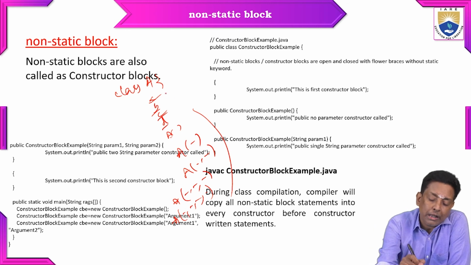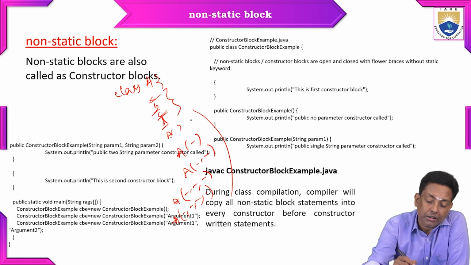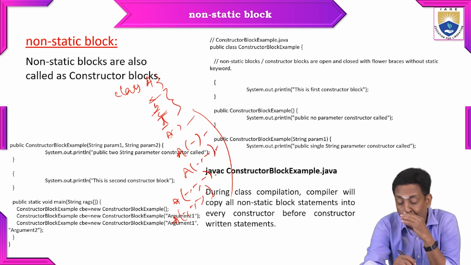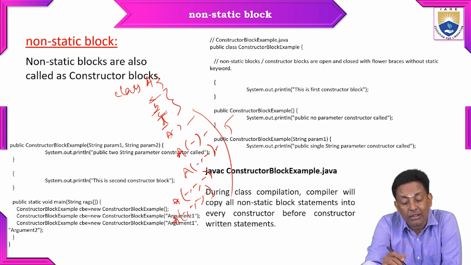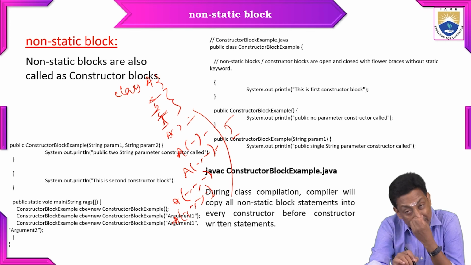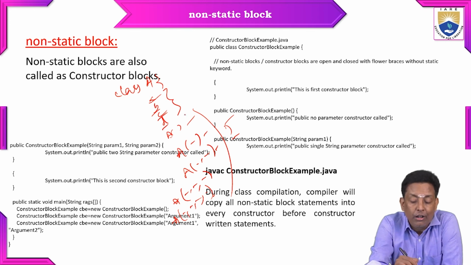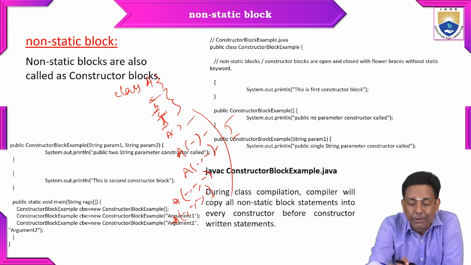So, all these A, B, C, D, all these 4 variables need to be initialized in the no parameter constructor, single, 2, 3, 4 parameter constructors. And across the 5 constructors, we need to write the initialization statement for the A, B, C, D variables, 4 variables. 4 into 5, 20. 20 lines of code in a class, we need to spare only for